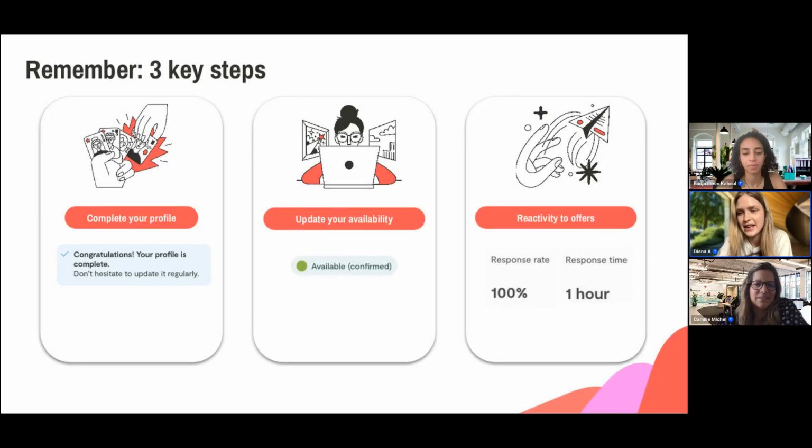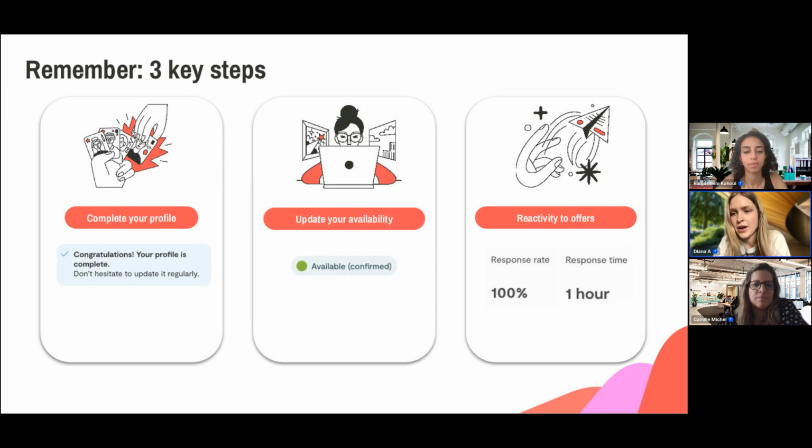But I think it's important to mention, especially in tough times with redundancies and an unstable market, that profile optimization could not be the only reason why there are no projects on the platform. But despite all of that, we still want to make sure that if the client comes to the platform, they can still find you. That's why the 3 key steps that we recommend are to have your profile completed, sign your freelancer charter, and make sure your daily rate is there. You will get a little congratulations, your profile is complete, once it's all done.